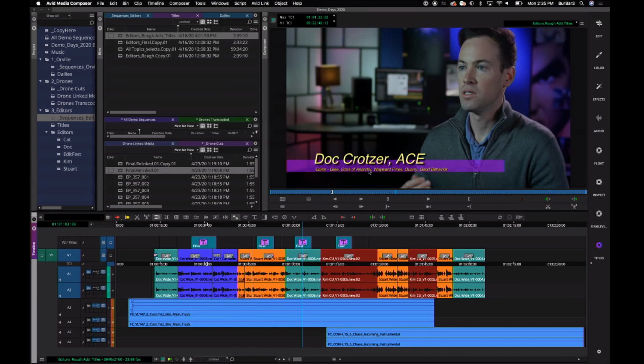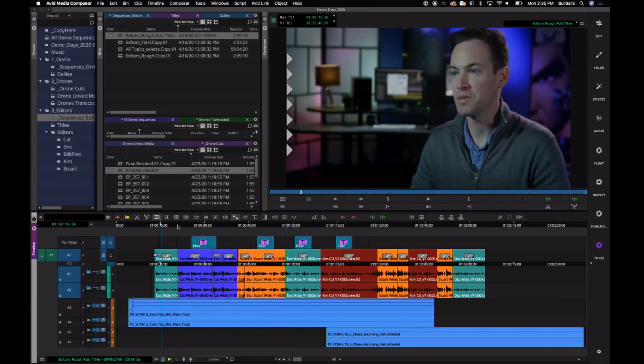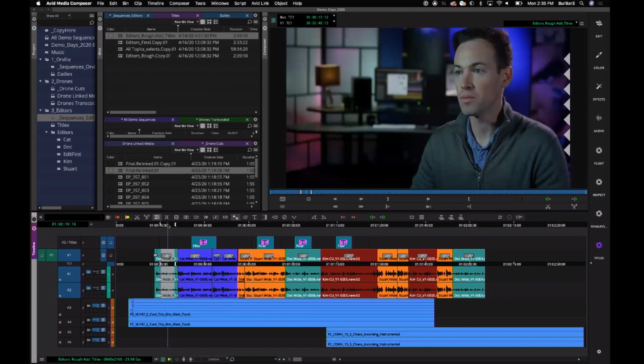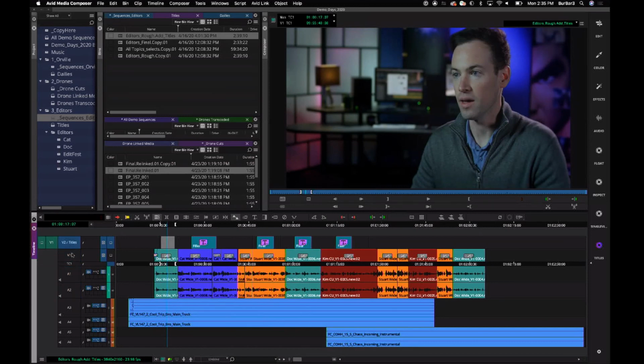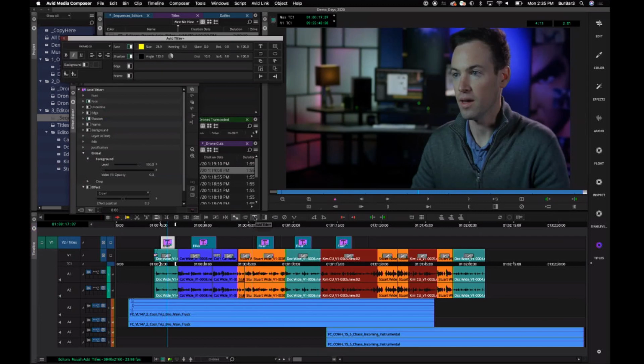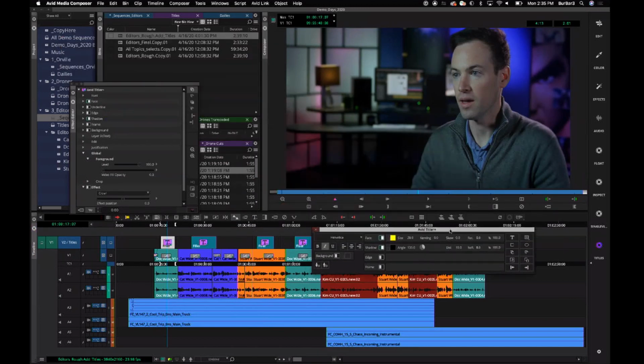If you have any hardware, any I/O, when you're in the Avid Titler Plus, let's say I just want to go in and add a little title here above Doc. If you do a mark in and out and hit the Avid Titler Plus, and make sure I have the track active, it goes right into the titler. Okay. So now, if I want to go in and just start typing a title, I'll hit T, I'll click here, I can start typing Doc